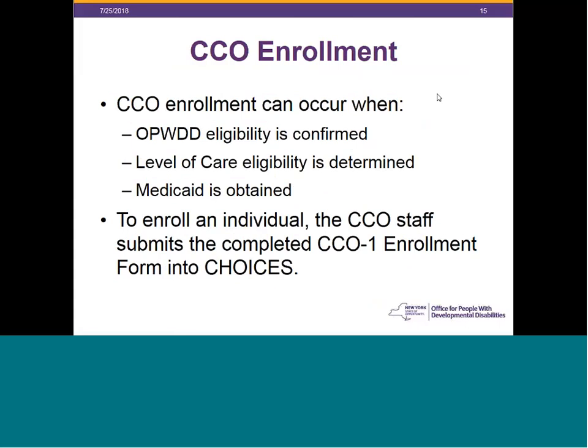To enroll an individual in the CCO, staff must submit the completed CCO1 enrollment form in CHOICES. It has to be submitted. What happens sometimes is that people will complete it and then save it. You must submit it, and then you should look for any messages, errors, or warnings after you submit it to ensure that it was successfully submitted.